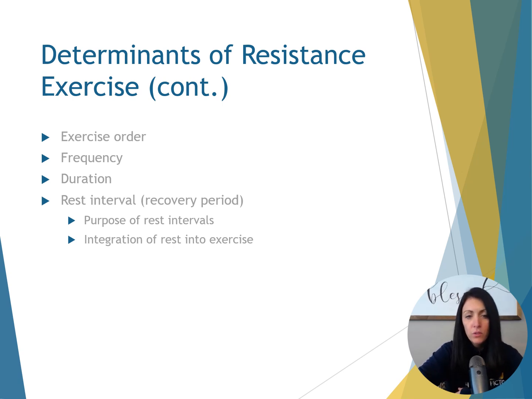Some different things to make sure that you know is that the correct order for exercise is that you want to do the large muscle group should be exercised first before small muscle groups. And multiple joint exercises should be performed before single joint exercises. So like for instance, if you did a squat, that's going to be targeting large muscle groups and multiple joint exercise. It's also important to know after a warm-up, higher intensity exercises should be performed before lower intensity